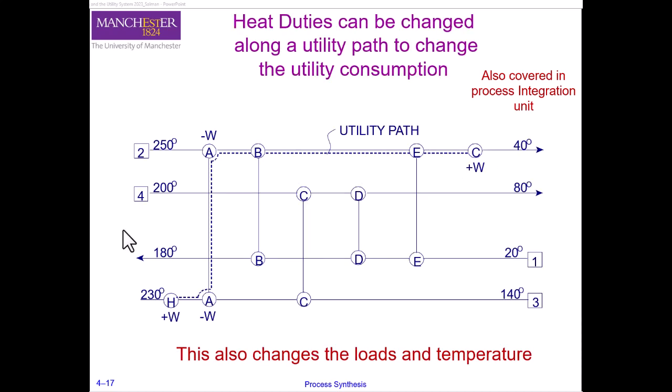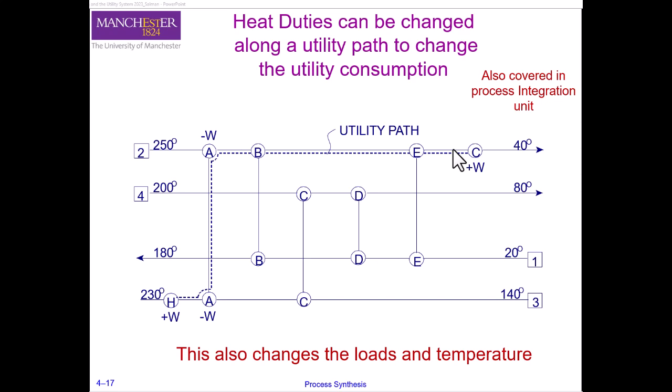So here we use the same network again, but now concentrating on a different class of degrees of freedom. These are utility paths. The utility paths are the paths or the connections from one utility going towards the other utility. That is the shortest utility path that is represented here by this dashed line. So these utility paths allow us now to change the hot and the cold utility consumption while still maintaining the